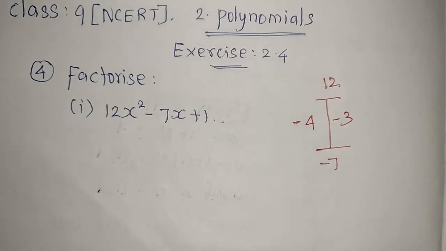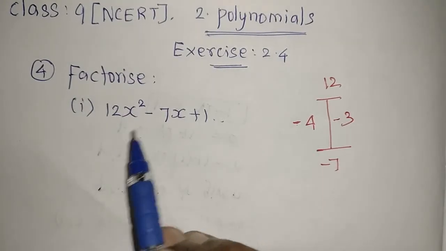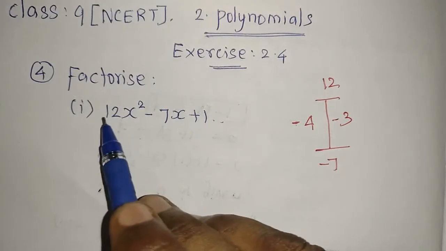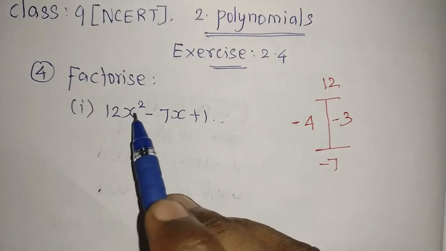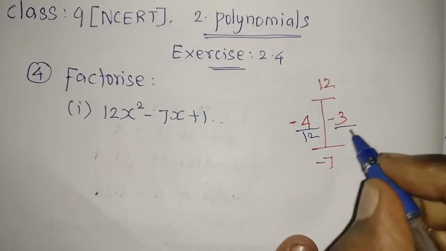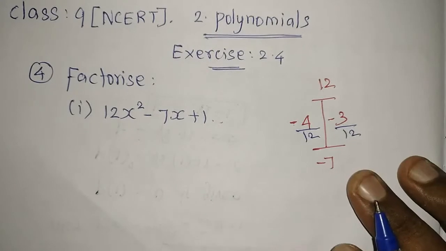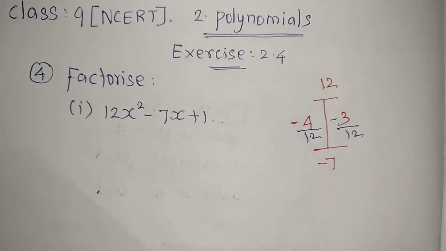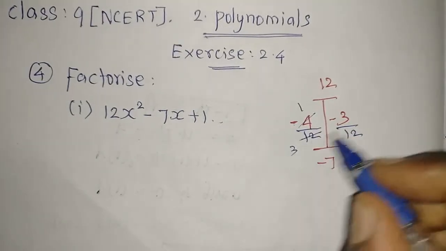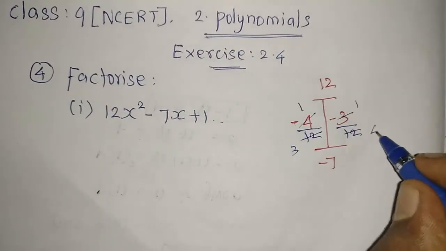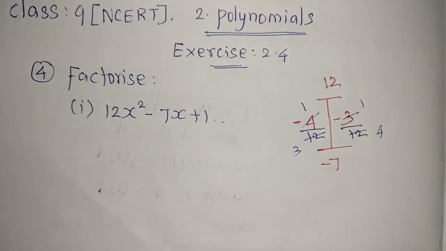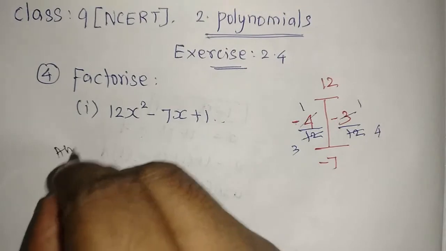What is that? If the coefficient of x square is more than 1, we have to divide. That is very important. Now the coefficient of x square is 12, so I am dividing by 12. It is not rough work, it is fair work only, so listen carefully. Now we have to cancel this. That's it. So 1 fours are 4, 3 fours are 12, 1 threes are 3, 4 threes are 12. This is one shortcut actually. By using this we can complete the answer in a simple manner. Now I will show that answer.